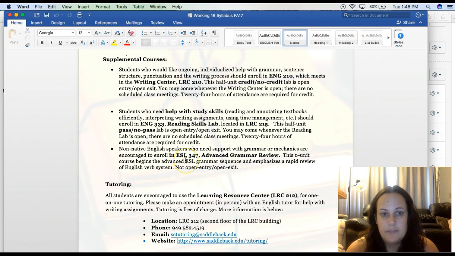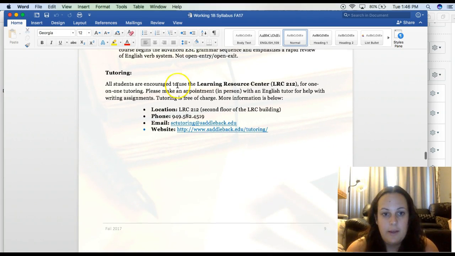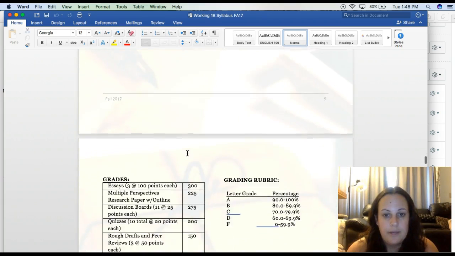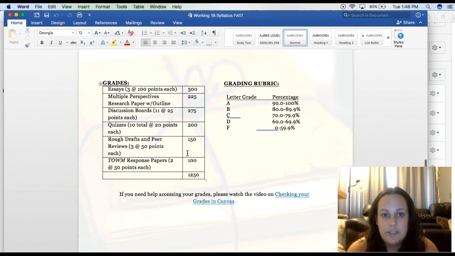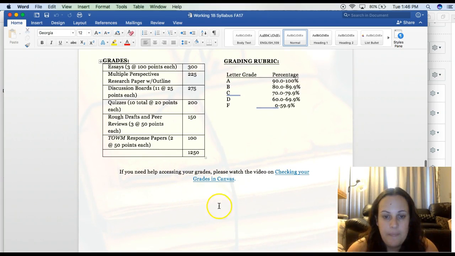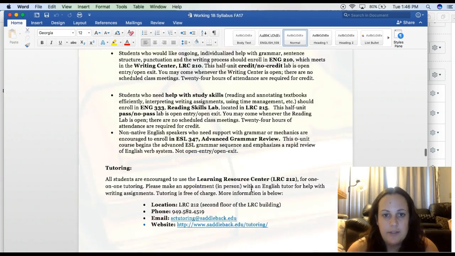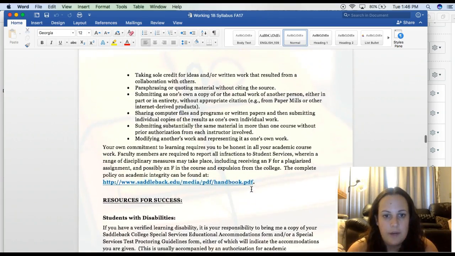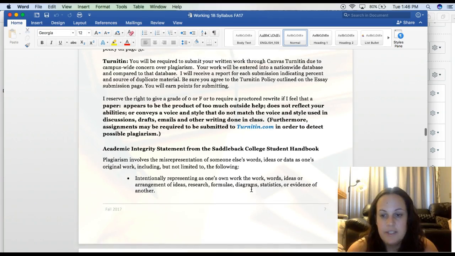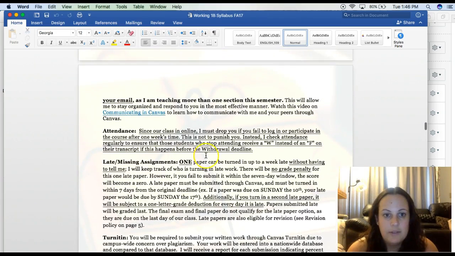You can look. There's some supplemental courses at Saddleback, and there's also free tutoring. Okay, so you can go ahead and look at all of that. Here's your grade breakdown. Okay, and just so you guys know, there's links embedded in your syllabus for how to complete everything if you just need a little bit more assistance. So for example,